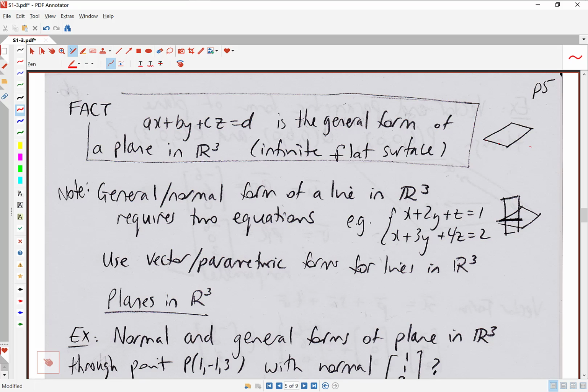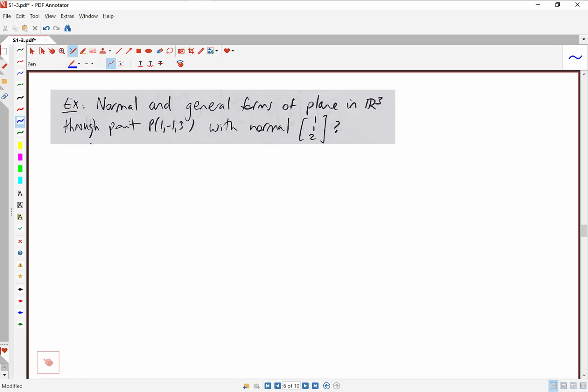So now we can get into our third subtopic, which is the idea of planes in R3. So let's find the normal and general forms of the plane in R3 through the given point and with the given normal. So first, let's just think geometrically here. So we got some plane in space, just draw it like that. And in order to identify this plane, you just need a couple pieces of information. So one, you need to know the normal to the plane. So the normal being a vector that's perpendicular to the plane,